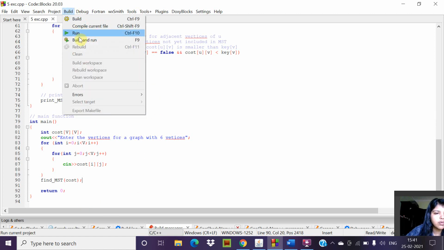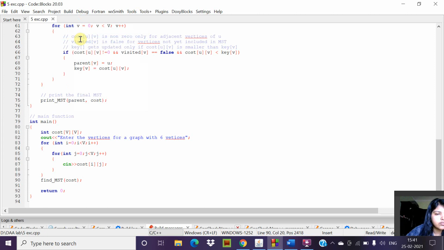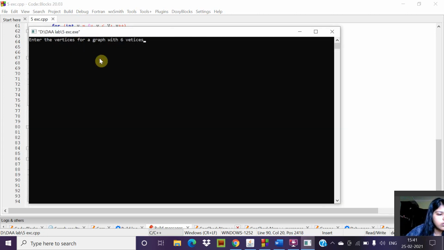So let's run the program. So here, enter the vertices for a graph with 6 vertices. Okay, we are entering 0,